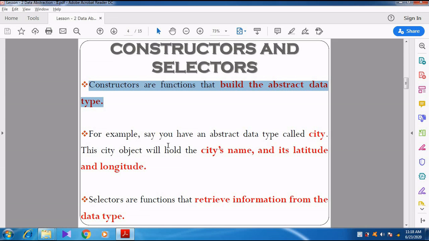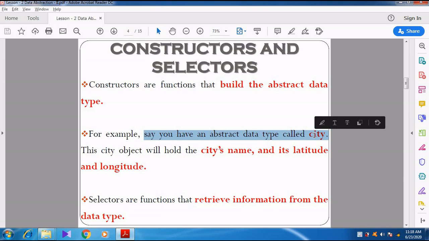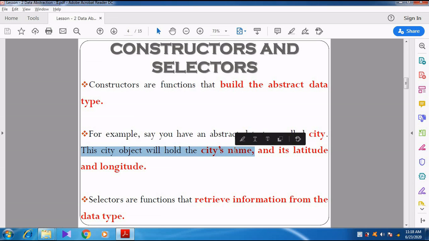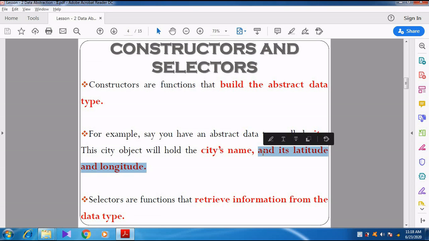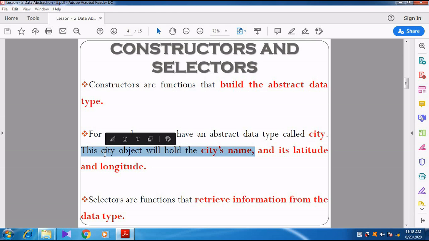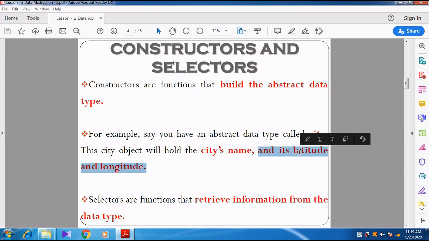For example, if you have an abstract data type called city, that city is used to hold the city name and its latitude and longitude. Here the city is called the object.